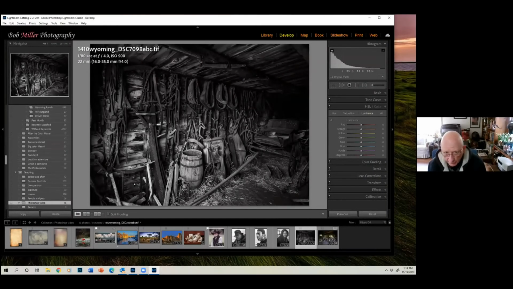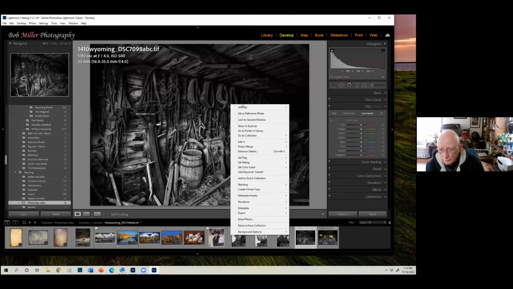Here we are today, and this picture was taken in Wyoming. It's a picture of an old barn in a western state. What I'd like to do is add some spotlights of light through here. It's a very easy thing in Photoshop to do. You can't do it in Lightroom, so we're going to take this image and send it over